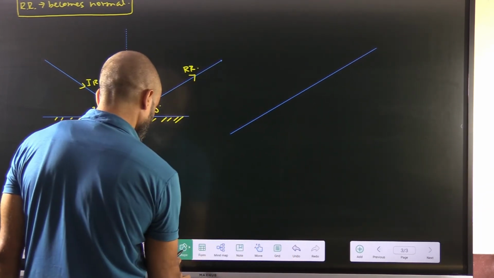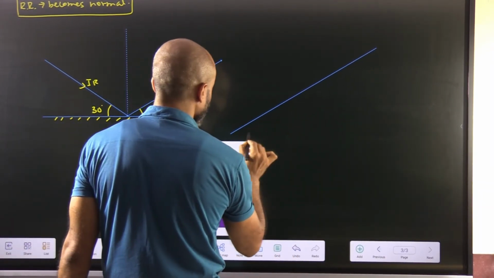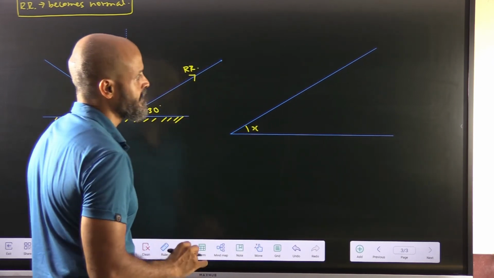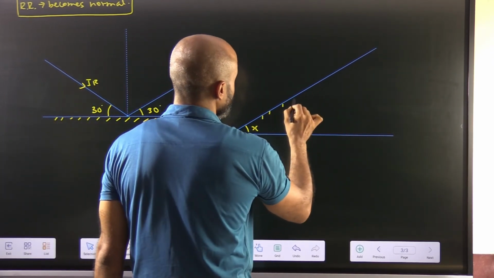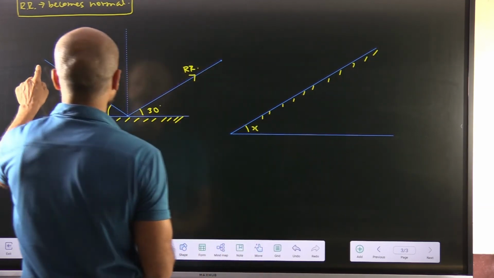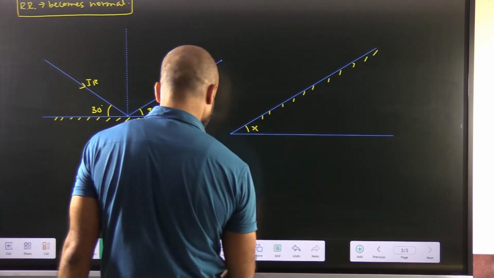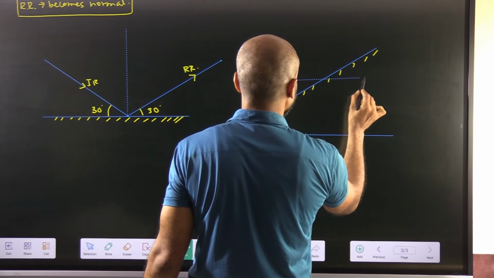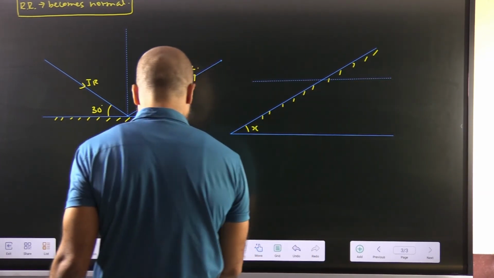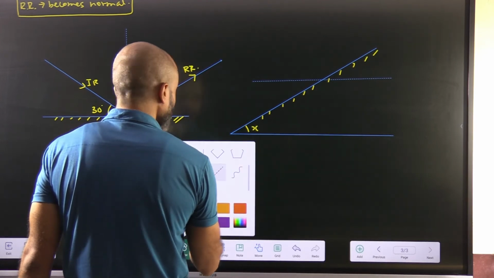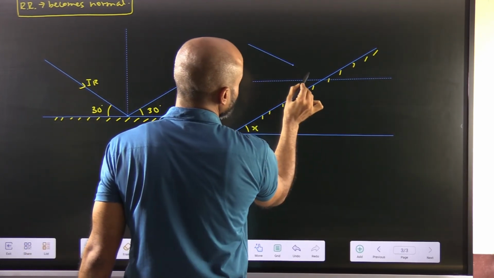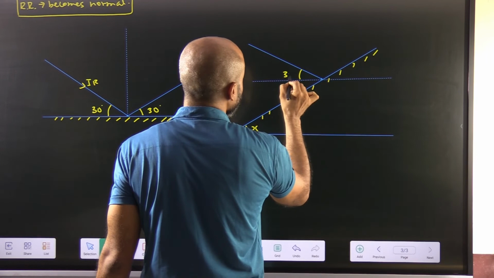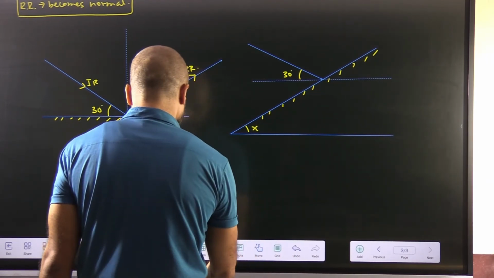And let's say with the horizontal direction, it is making an angle of, let's say, x. So this is the new position of the mirror now, the incident ray, and this is the normal. If I draw at the point of incidence just a rough line out here, this will still be making an angle of theta with the horizontal. Theta means 30 degrees. With the horizontal it is still making an angle of theta, but now the angle of incidence will change.